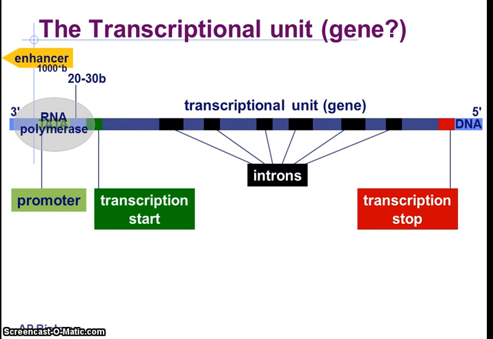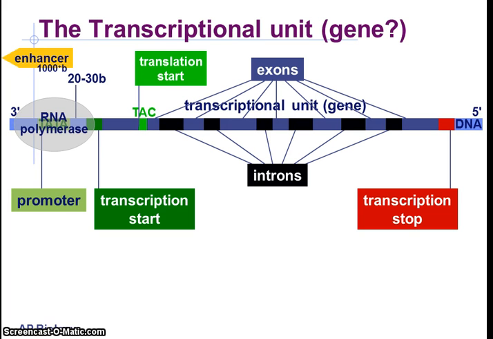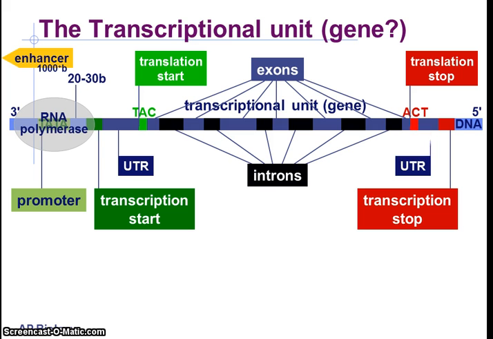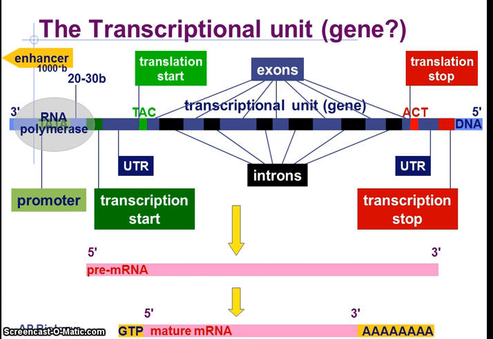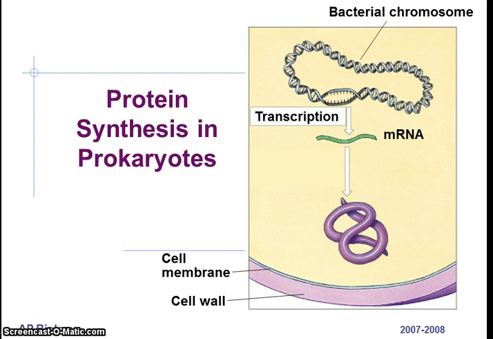We have introns and exons. The intron, that's where we start, and that's a stop. I'll turn it into a stop codon. We have our pre-RNA. The introns go out. We have our mature mRNA that has to have the GTP cap and poly A tail. Alright, so there's those, but what about